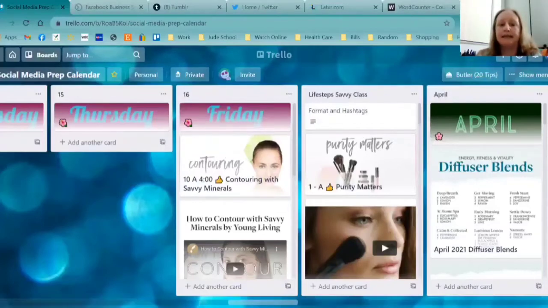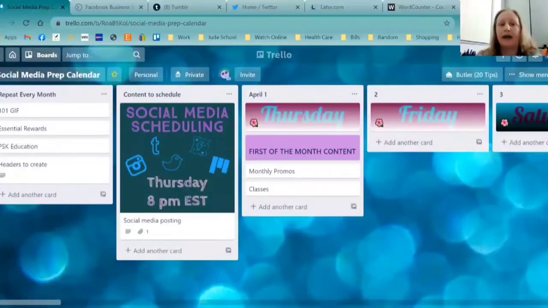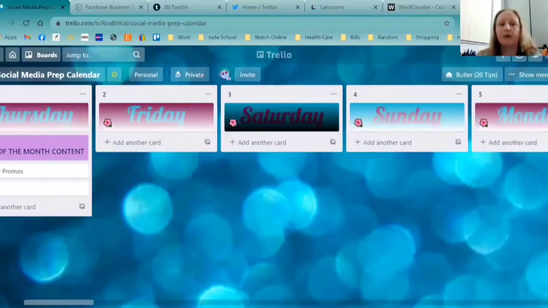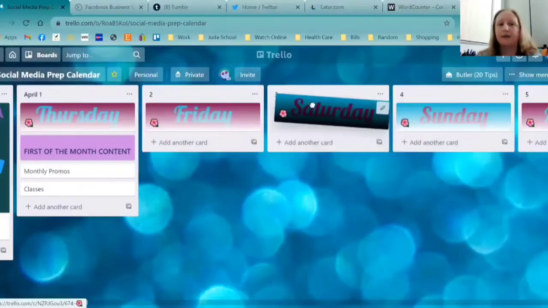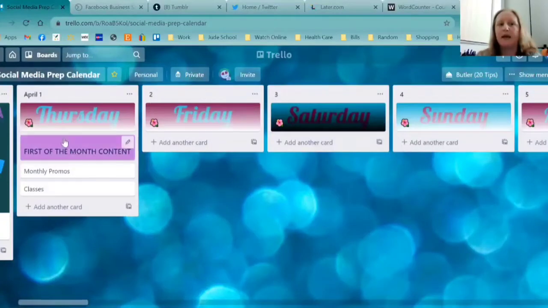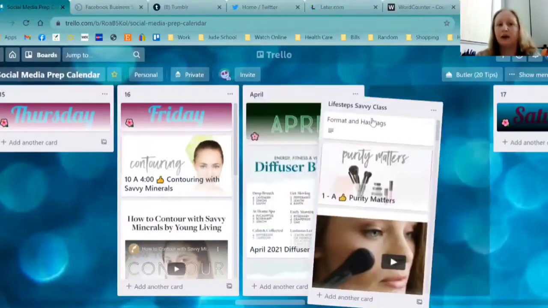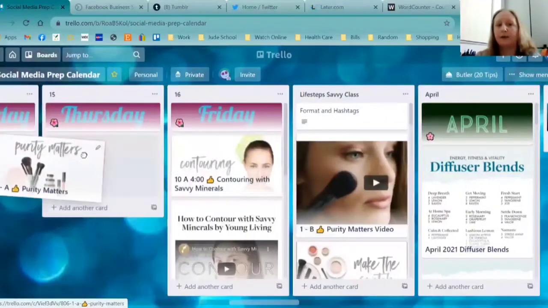So what I do is, this is my social media prep calendar. I have just every day. And then at the end of the month, I just switch these little cards, everything you can drag around. So I just switch them to the proper day. And then I have the first of the month, the same things that I post every month. And I'll show you where these big long ones are, these are also movable. I just fill these up and then I scatter them across the month.